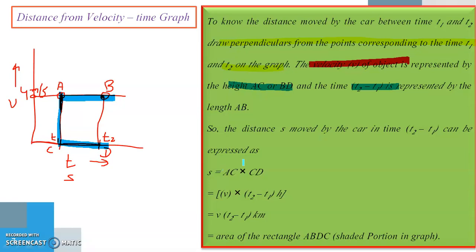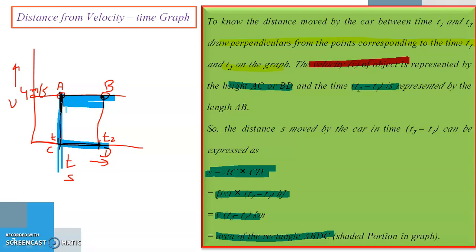Now we know that distance is equal to velocity into time. So here distance will be AC into CD, or you can say AC into AB. And we know that this is equal to area. So V into T2 minus T1. So that is V into T1. So we can say that the area of this rectangle, that is this shaded portion, will give you the